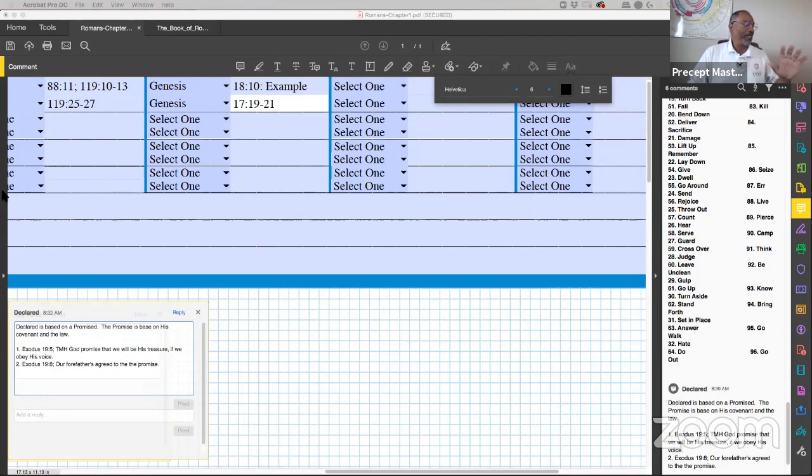Behold, I have blessed him. I will make him fruitful and multiply him exceedingly. Twelve princes shall he beget, and I will make him a great nation. So he's telling them, I'm going to make him a great nation because of who he is. However, I didn't promise him to you, because you did that on your own. You and Sarah did that, not what I said.